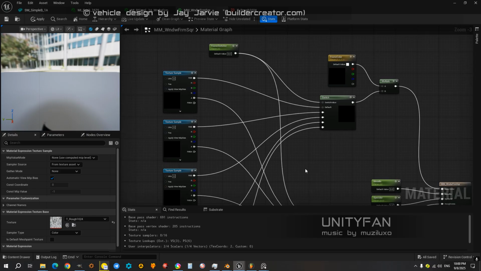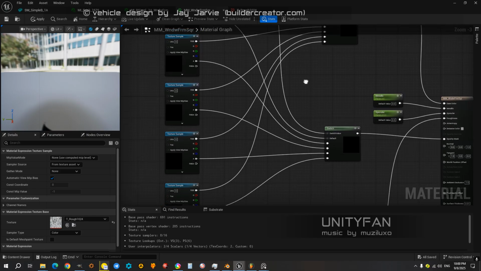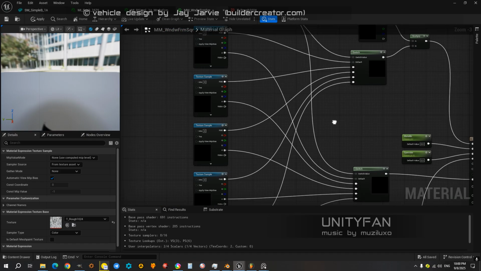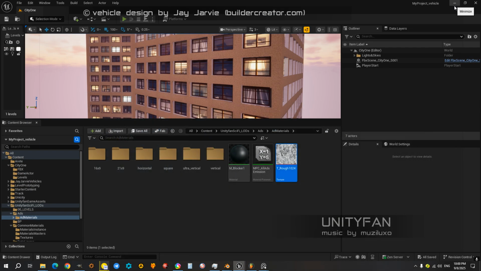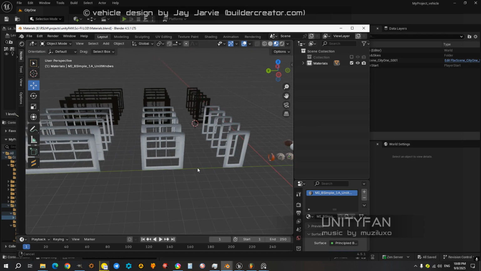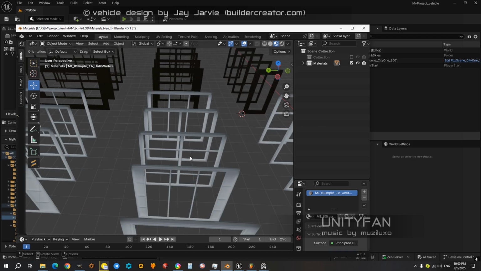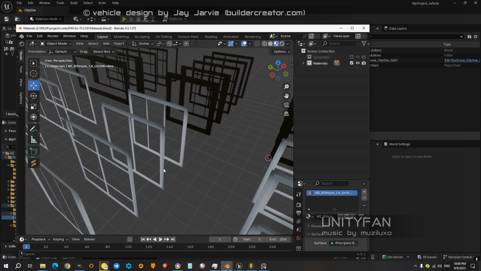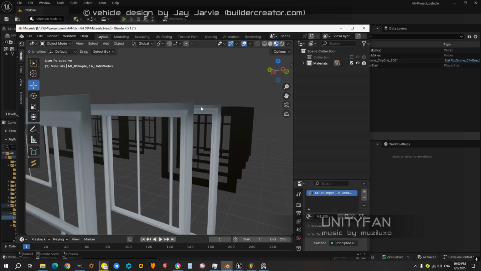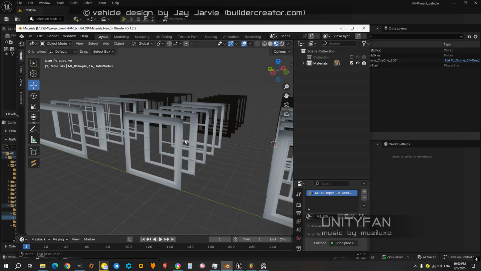The structure might look like it's complex, but what it basically does, there are these textures with opacity, the PNG textures, which represent different window frames.